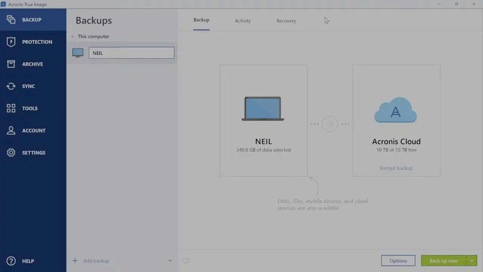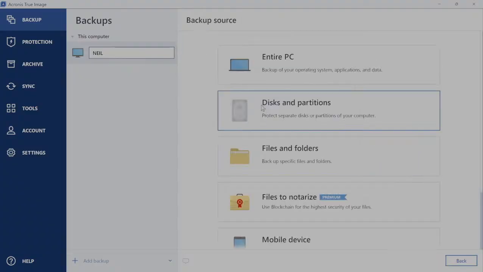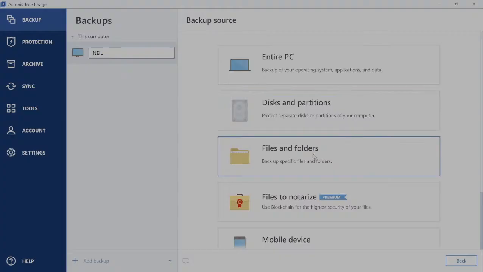So when you open up the software, you'll come onto this screen. It'll automatically already be on the backup section. So you click on the source first and you'll come up with this list. So you'll see entire PC. If you've got obviously multiple drives and you want to back up the whole thing, you can choose this one. You've got disks and partitions where you can specify what you want backed up. You've got files and folders,